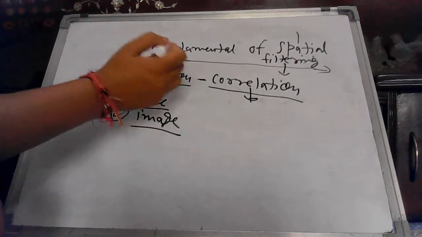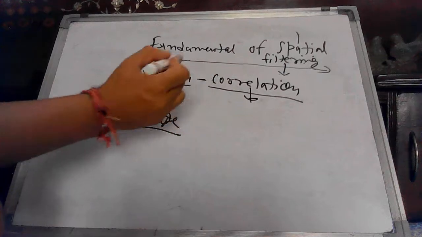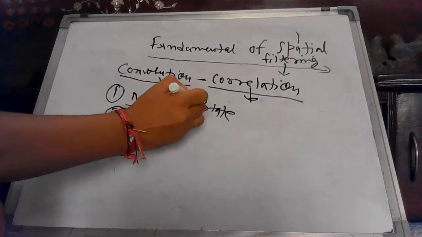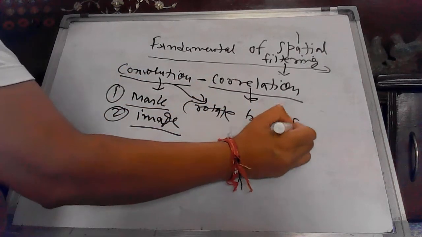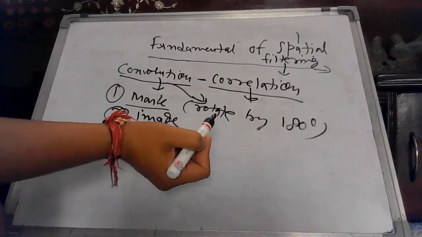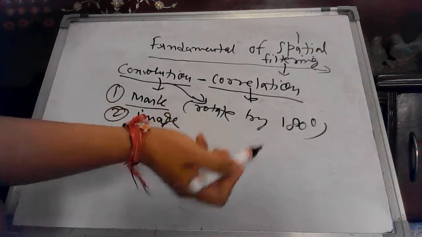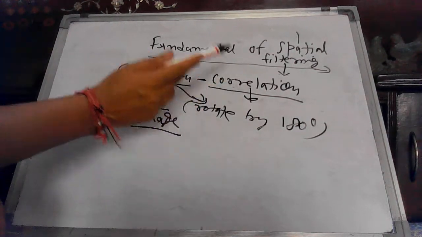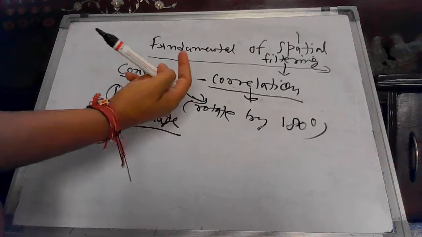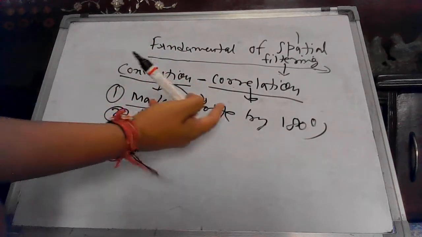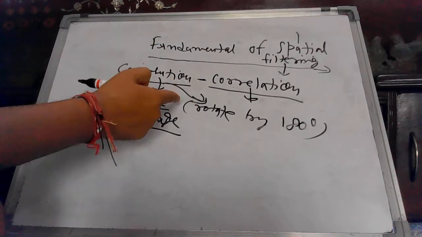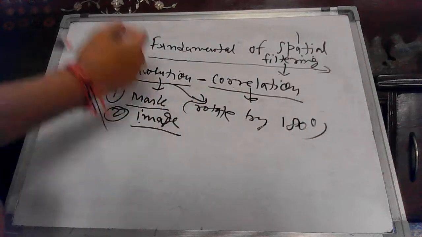The only difference between correlation and convolution is that in convolution you rotate your mask by 180 degrees. I will tell you what the meaning of this is. Before padding anything over the image plane, okay, padding, what is padding, I will tell you later on. First you should try to understand that correlation and convolution operations are more or less the same in nature. The biggest difference, before beginning any operation using the mask, is that in convolution, first of all, you change or rotate your mask by 180 degrees, whatever mask is given to you.